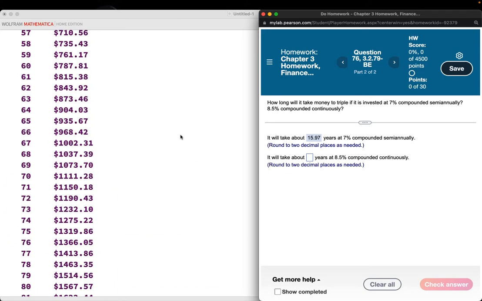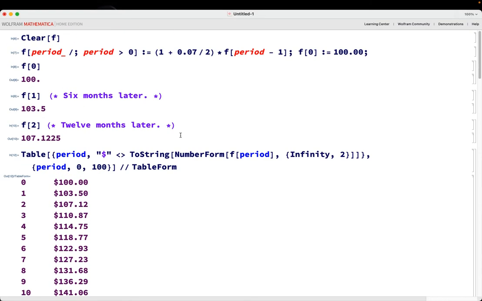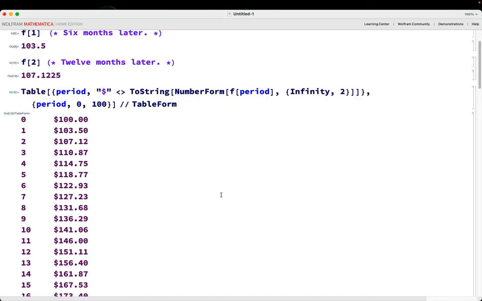So for this kind of thing, solving the problem like this could be kind of challenging. It actually could be done, but it's not going to be so easy. This is actually pretty easy, but